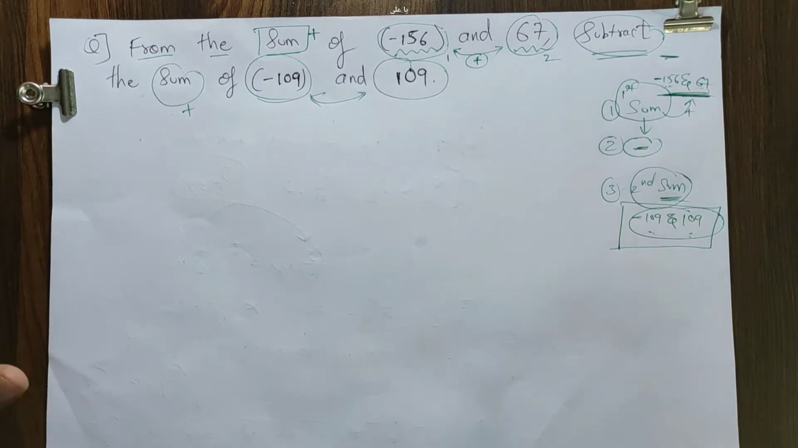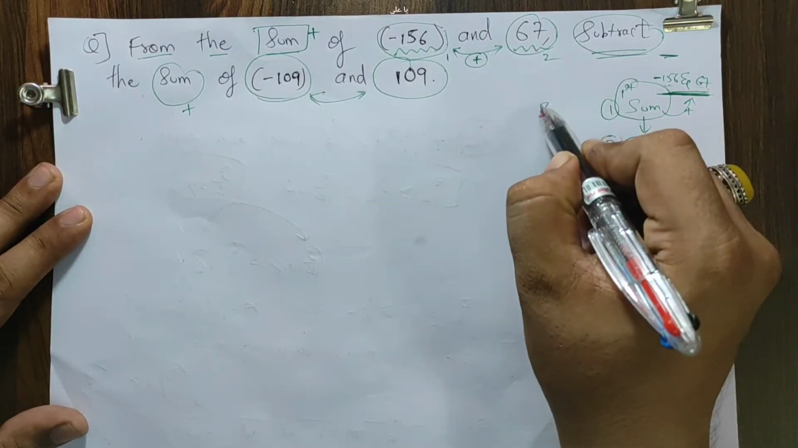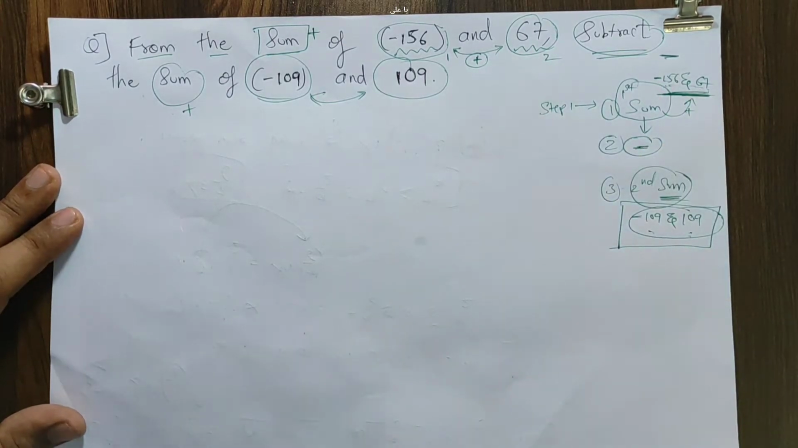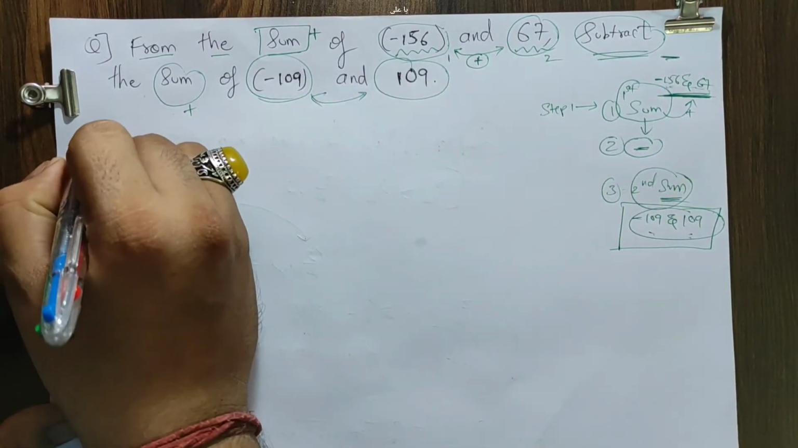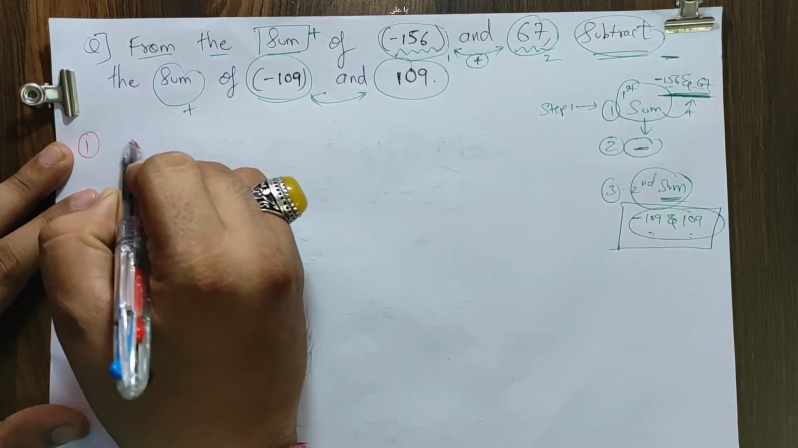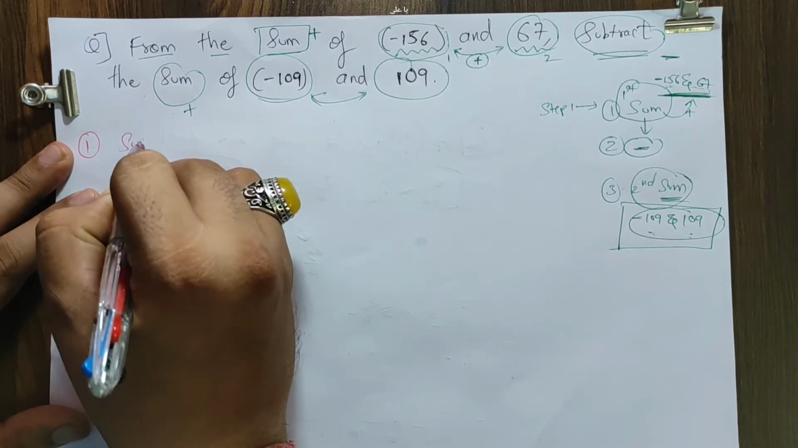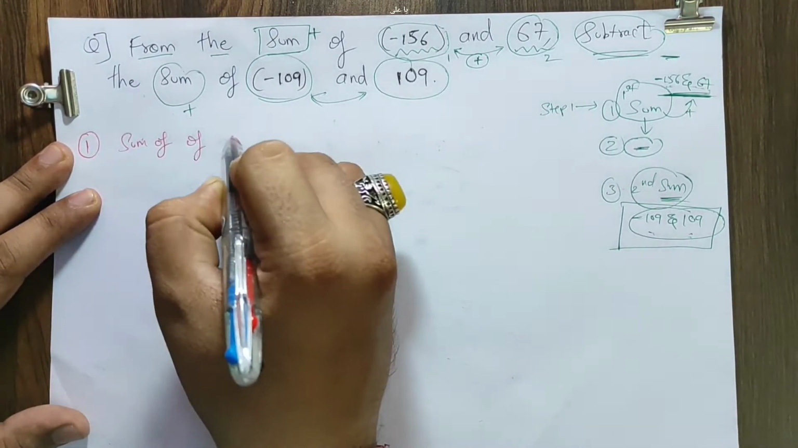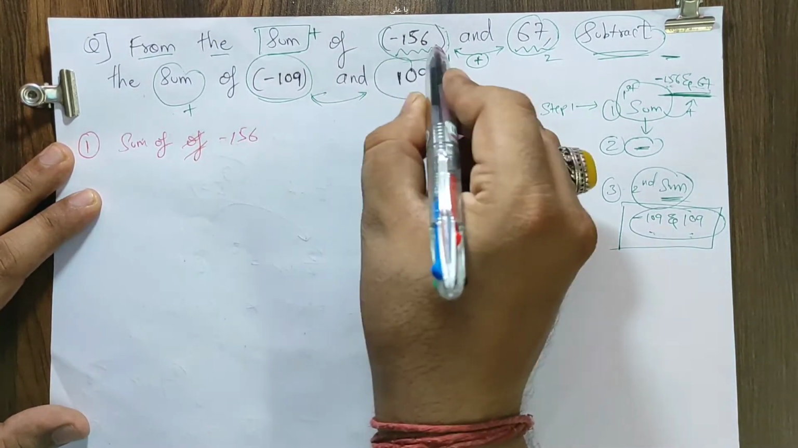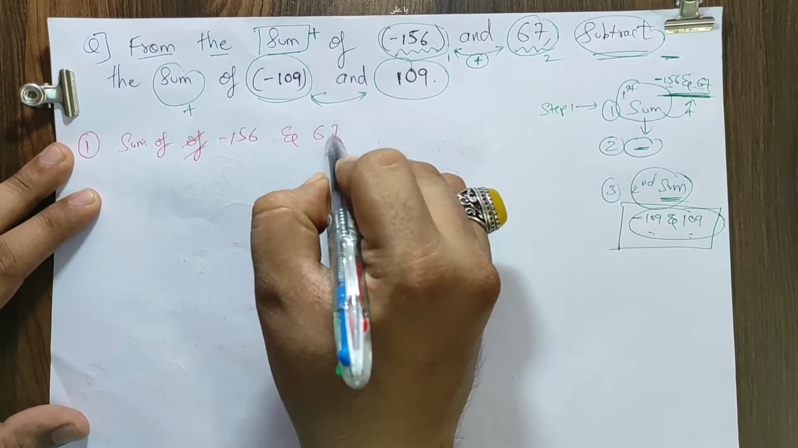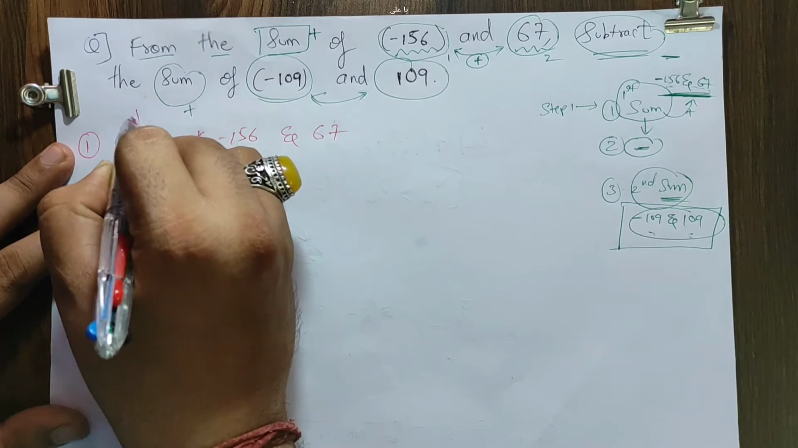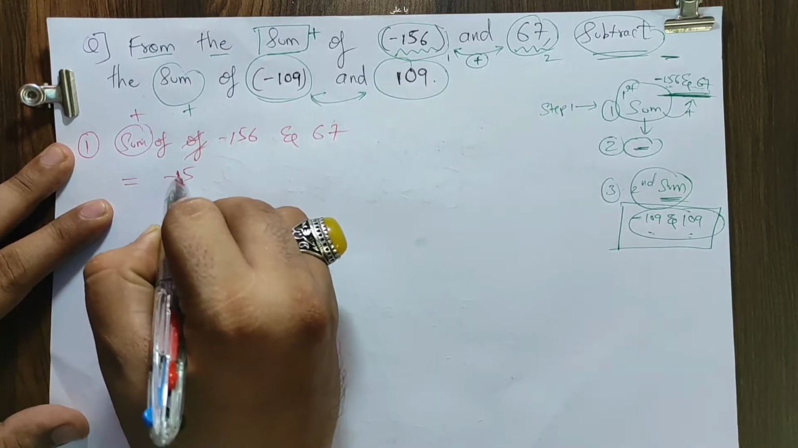Okay, so step one, I'll find the summation of these two numbers. Let's do it very quickly. First step of my solution: I'll find the sum, meaning addition, of minus 156 and 67, which is equal to... sum means plus, right? Sum means plus. So minus 156